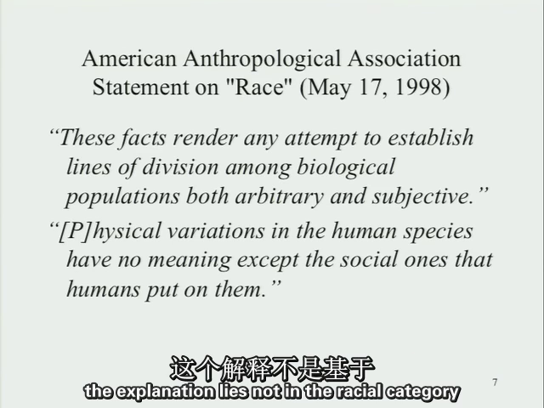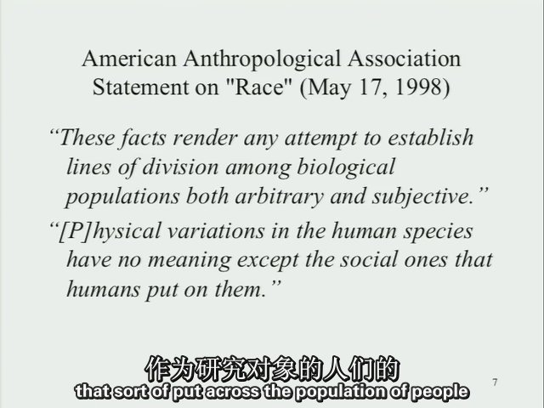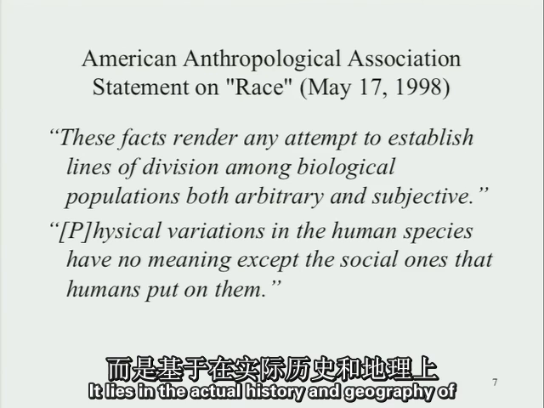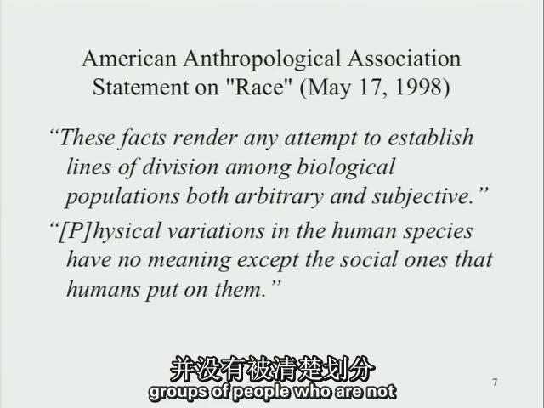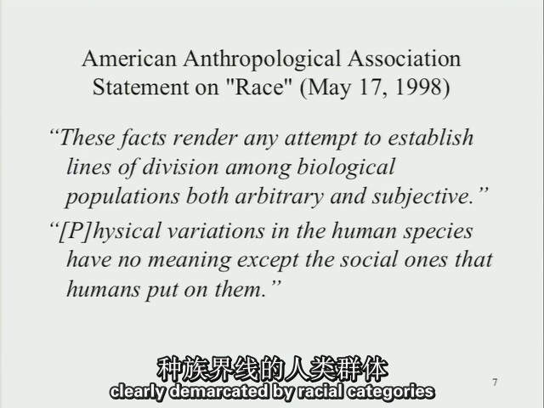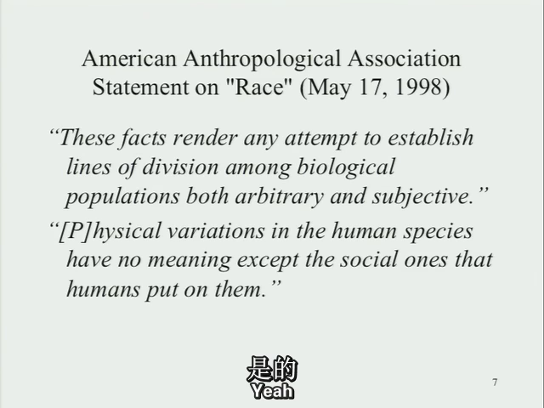In other words, the explanation lies not in the racial category that's put across the population of people in the study. It lies in the actual history and geography of groups of people who are not clearly demarcated by racial categories. Yeah? So, with that, I've been struggling with the idea that ancestral ties provide maybe immunity against diseases